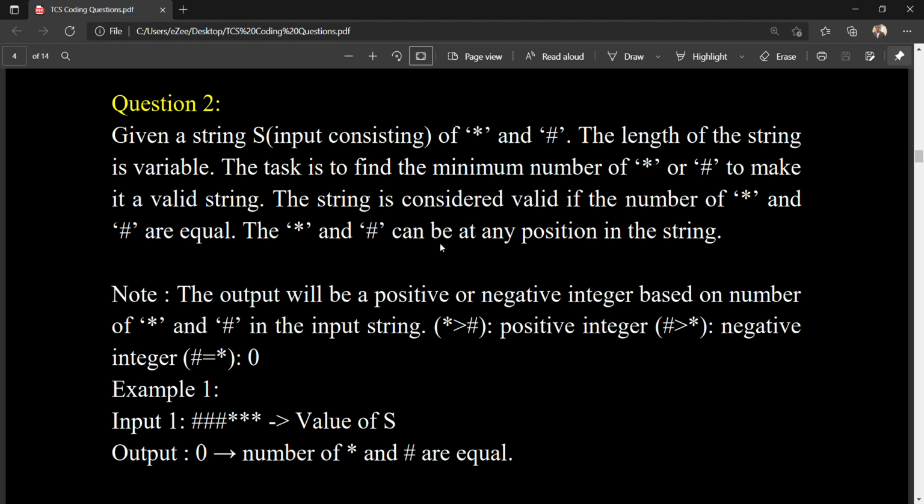So the string is considered valid if the number of asterisks and hashes are equal. So if in the string the star and the hash counts are equal, then it will be a valid string, and they can be at any position. So note, the output will be a positive or negative integer based on the number of stars and hashes in the